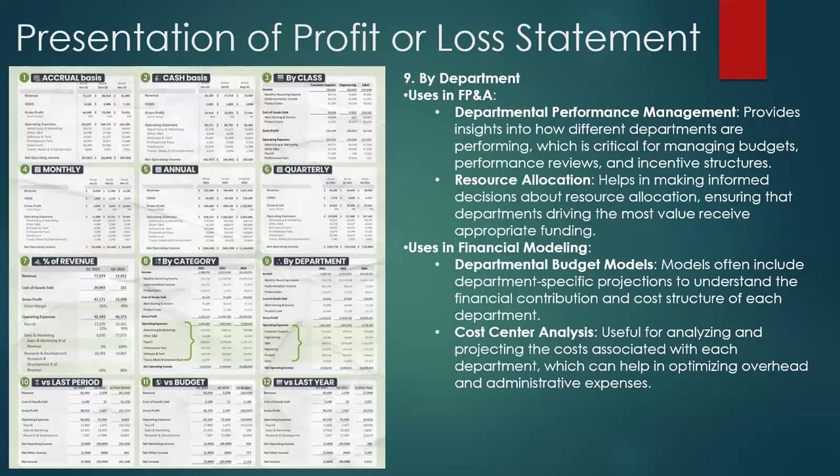In a line, we look at the profit and loss statement by the department view, we look toward the resource allocations, and we understand departmental performance management and how it provides insights. It explains how different departments are performing. It is critical for managing budgets, performance reviews, and incentive structures. So you manage your budgets and your performance reports using the departmental profit and loss statements and get a